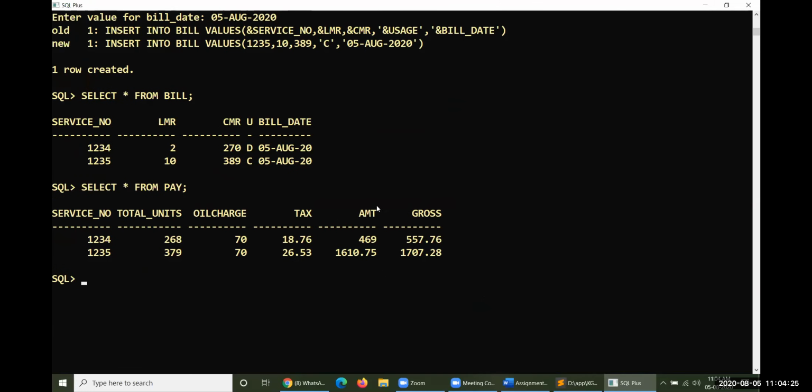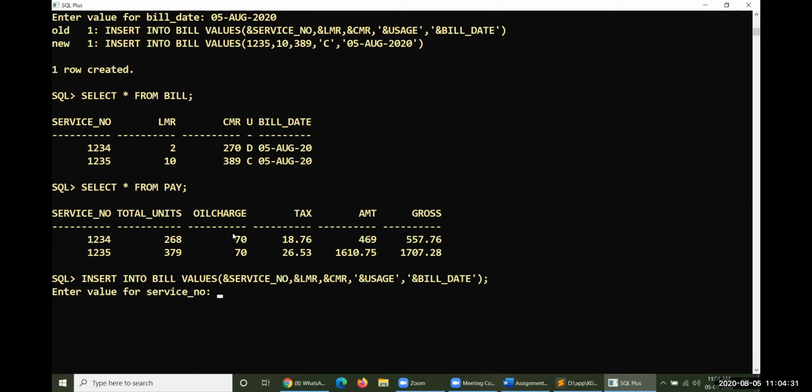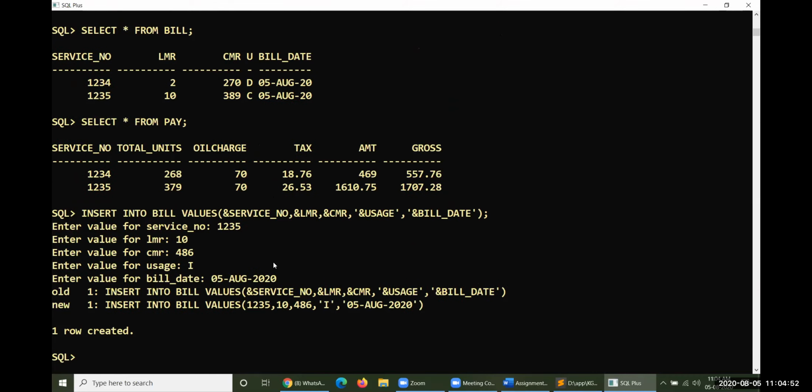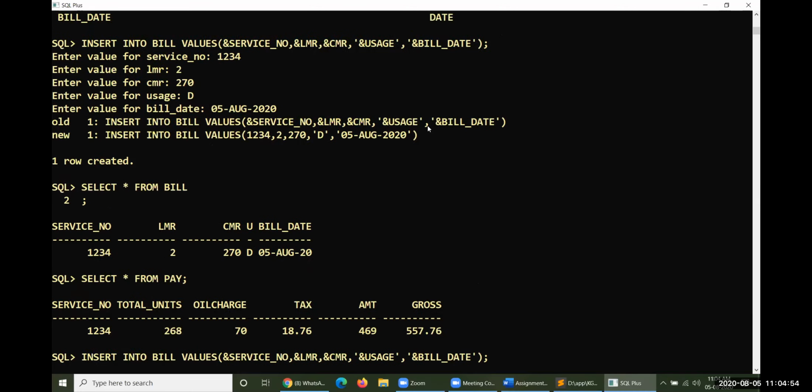Let me copy the same one more time and paste it here. LMR is 10, CMR is 486, and usage is industrial, and the bill date I copy again because I'm unable to type all these things a number of times. Okay, created.